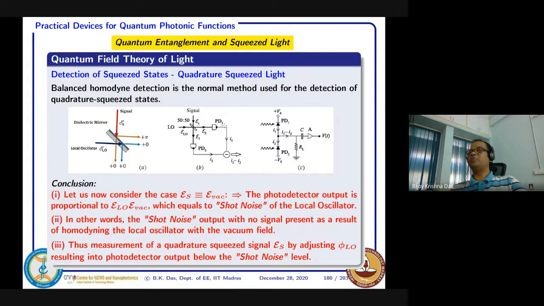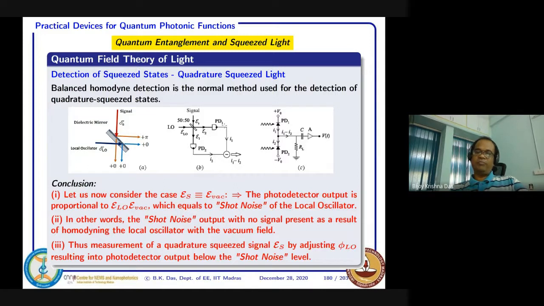That shot noise will be there, and that is the quantum limit. Yes, so, sir, that cannot be eliminated, even if the homodyning technique is there. So that is the classical coherent source. If you measure, at maximum you can come down to the shot noise level, which cannot be avoided by any circuit unless and until you modify your source.